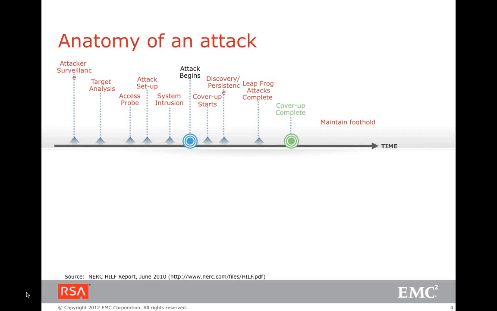And then I keep on identifying those valuables that I really want to steal. And once I have got all of those valuables that I originally intended to get, then I complete the cover-up and I move out. Now, during this entire process, maybe at the surveillance layer or the analysis layer, even if I get certain indications that something is going on, I might have missed the attack, and the attack could have been completed without me having any clue that we were actually breached.